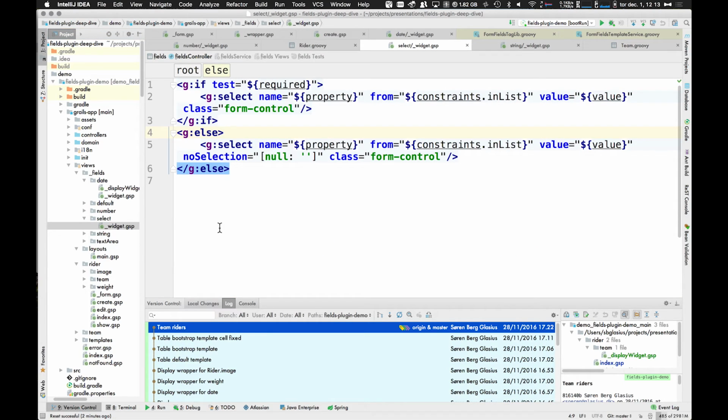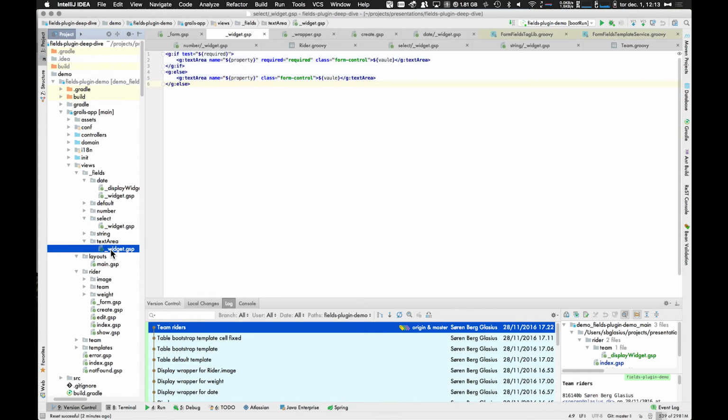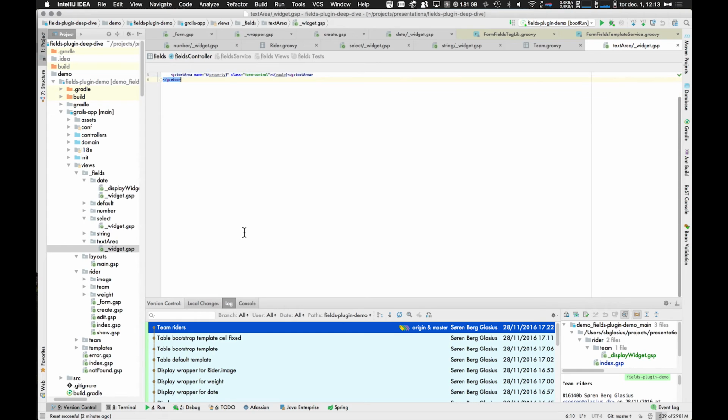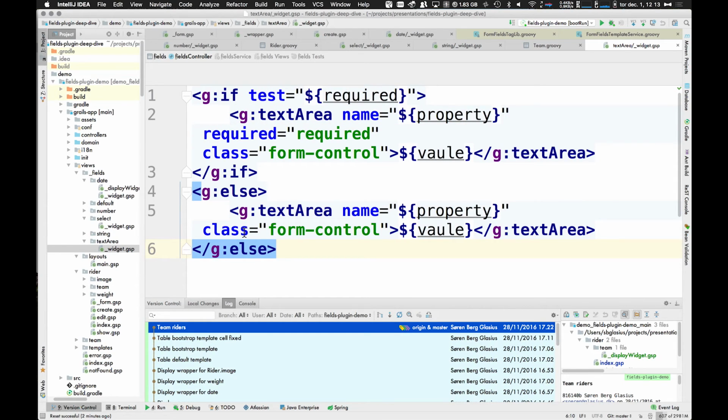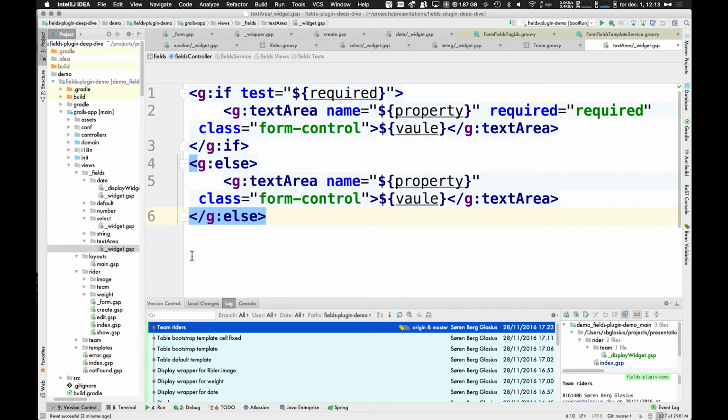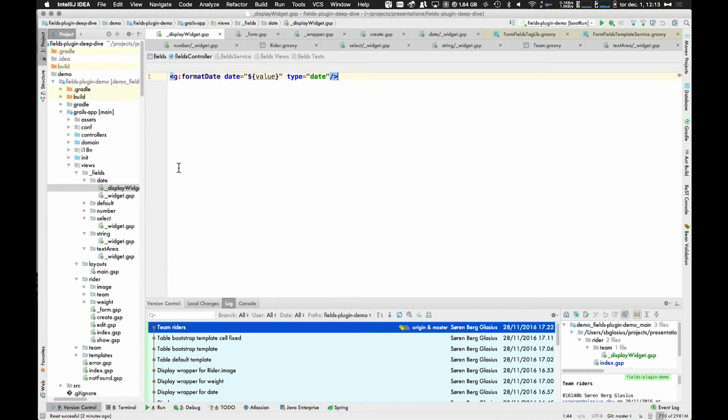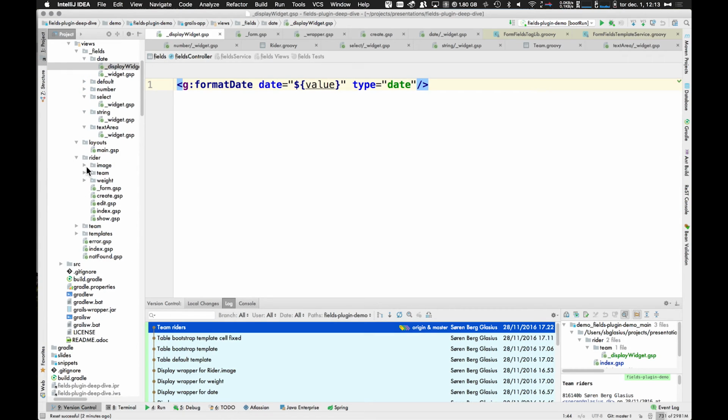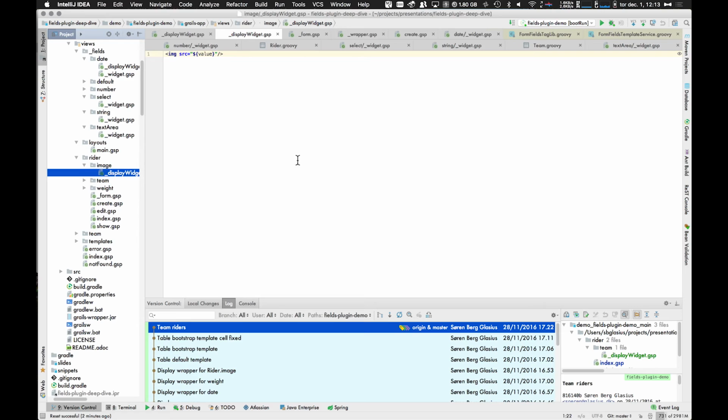Class form, and the select doesn't have a notion of required, but it has in the second line here the attribute no selection and probably a null and an empty value like that. It could also be two empty values. You're right. Like that. And hopefully, if the demo gods like me,